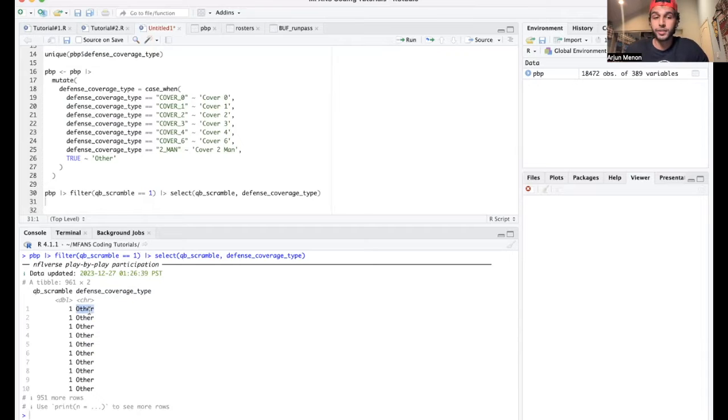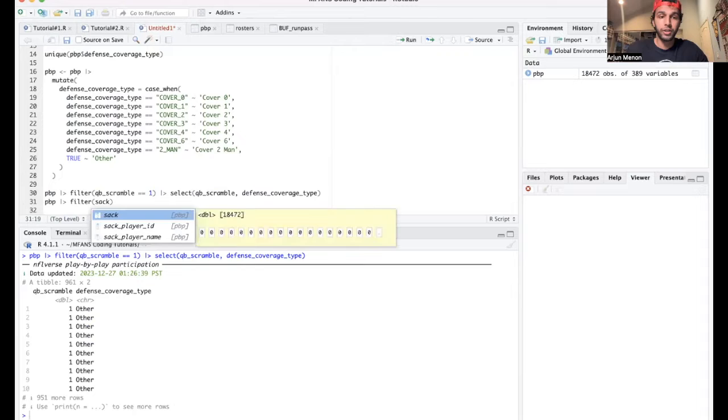Now, why is that the case? Why was there no coverage charted? Well, technically, the quarterback didn't throw the ball. So this data is pulled from Next Gen Stats. So maybe they didn't have the coverage charted on plays where the quarterback did not throw the ball. Now, what other type of thing can a quarterback do that involves them not throwing the ball on a play? Taking a sack. So what we're going to do is see